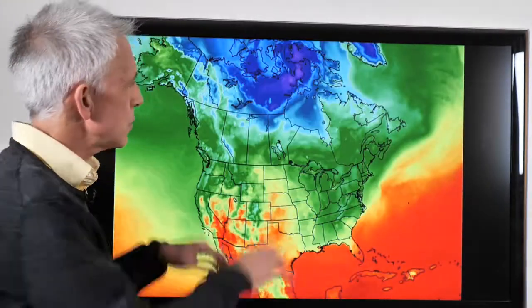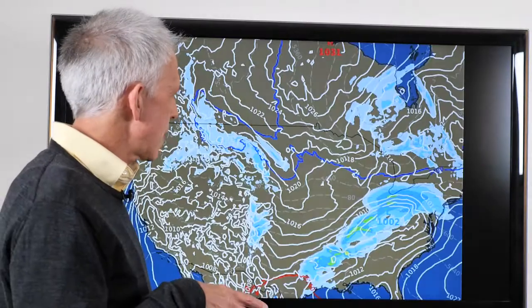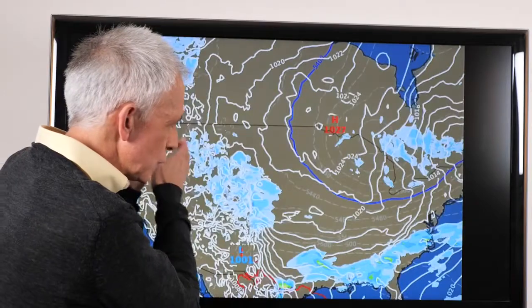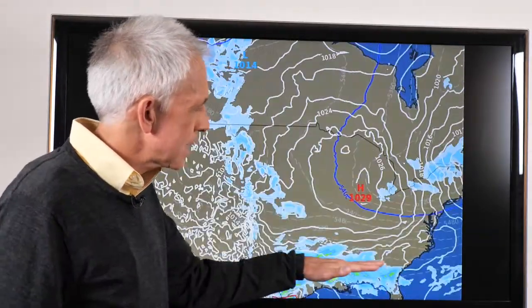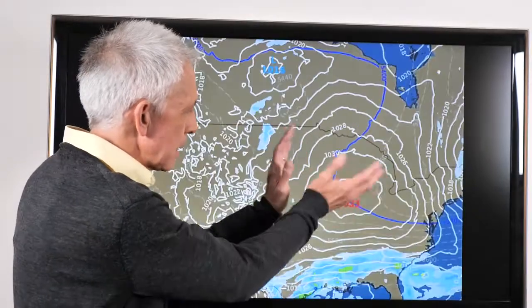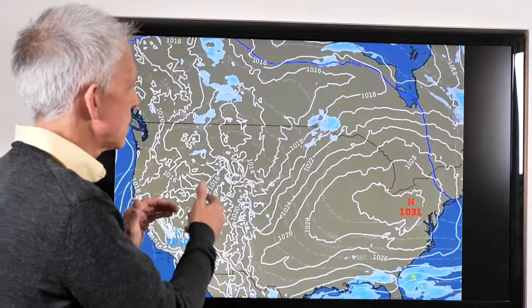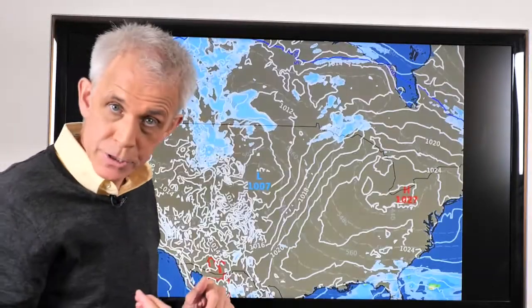And you say, well, how is that possible? Look at this. Of course you've got the cold plunge working through, but Mother Nature with her roller coaster ride has been up and down. Cold plunge of air, and the whole jet stream has been like that. Storms early on through the week down south, they then get subdued and the air becomes more stable as high pressure sets up shop with cooler air. And then, of course, warmer to the west, but that cool air, and remember the other surge coming later in the week to come down,